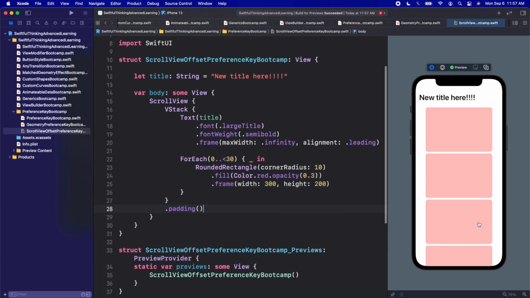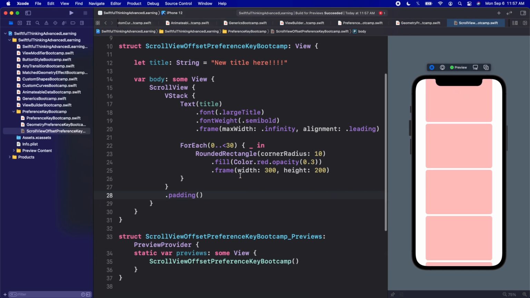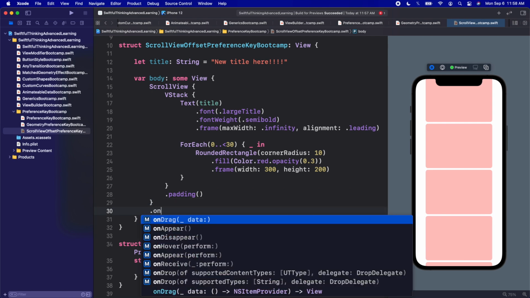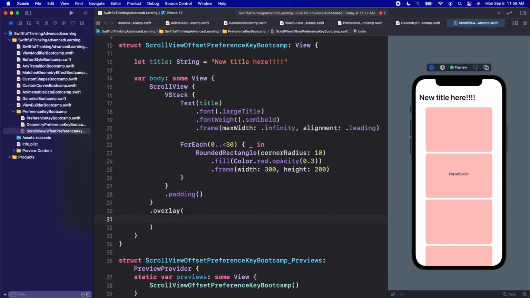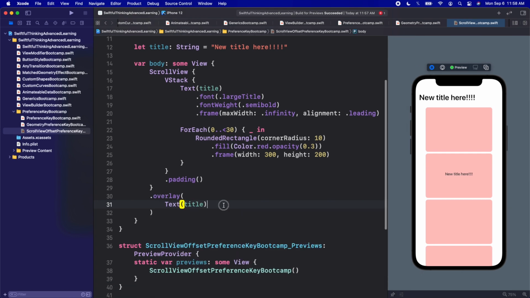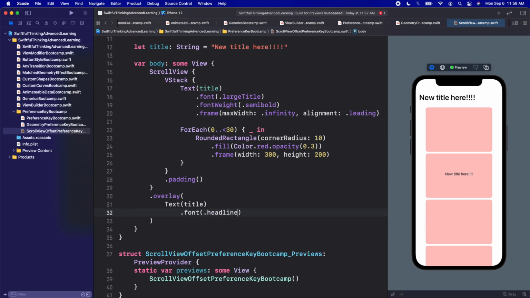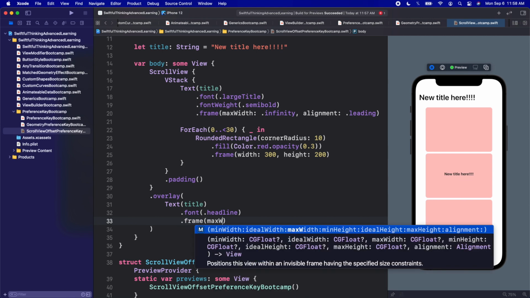We have our new title, and then as we scroll up, we want another navigation bar to appear on top. So I'm going to create a .overlay on the entire scroll view. And on here, we're just going to add some text that says the title. Let's give this a font of headline, and we're going to give this a frame with a max width of